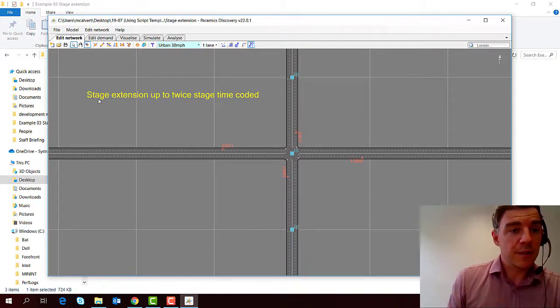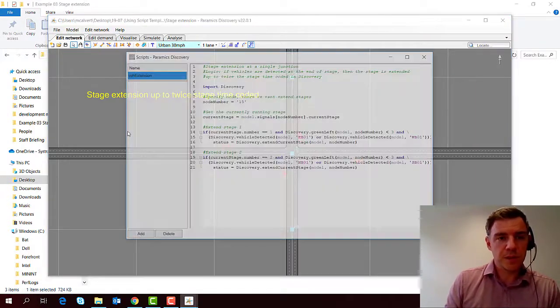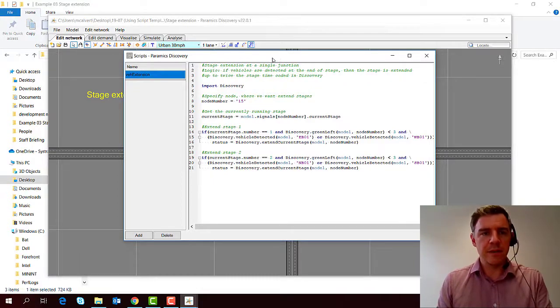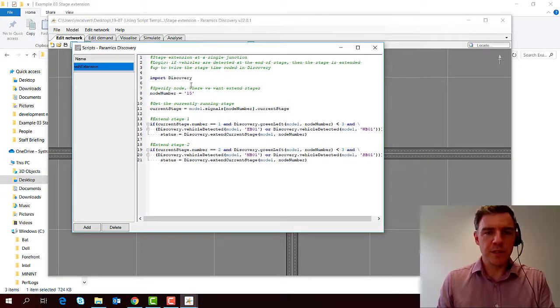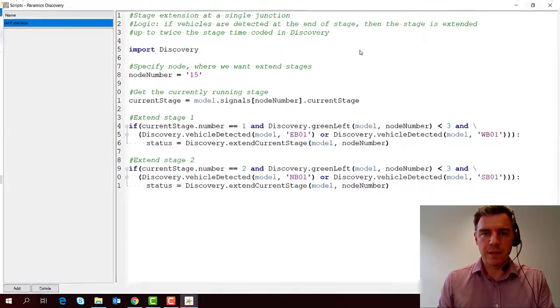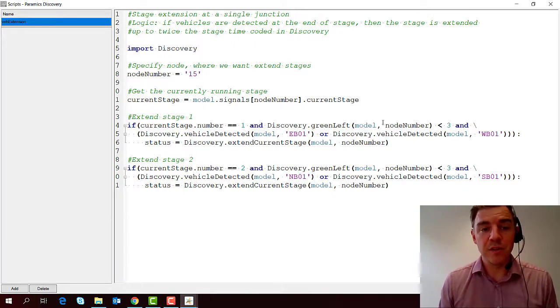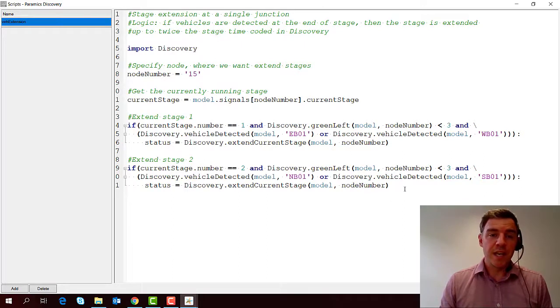Now let's have a look at the script itself. So if I go to Model and Scripts, I can see in here one script called Vehicle Extension, and I can see it written. So I'll just zoom in. I'll extend that as well, so you can see how this script is written. Now we're not going to go into the detail in this session on exactly how this is written and how to build this up from scratch. The idea here is that we can identify the key information, and we can use this template in a model